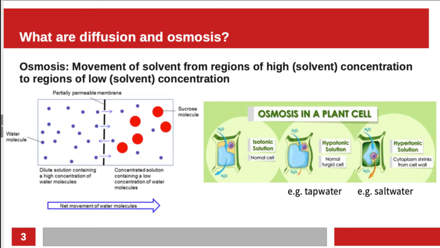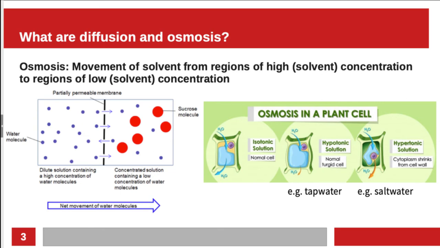And as a result, the contents of the cell shrink, and all of the chloroplasts and all of the other cell contents get essentially squeezed into a smaller and smaller space with the cell membrane surrounding them. And so in another lab, we'll actually look at this under the microscope and see the difference between a turgid cell and a plasmolyzed cell, such as one that's been placed in salt water.